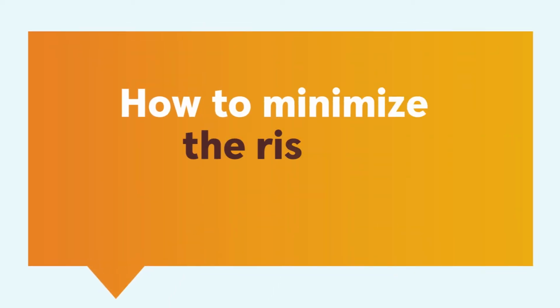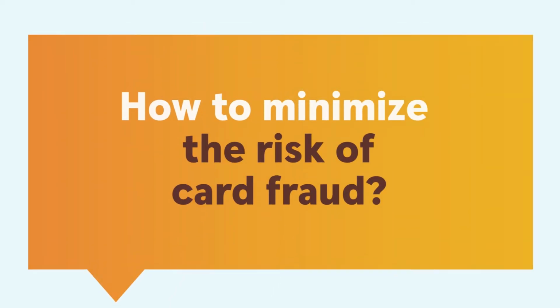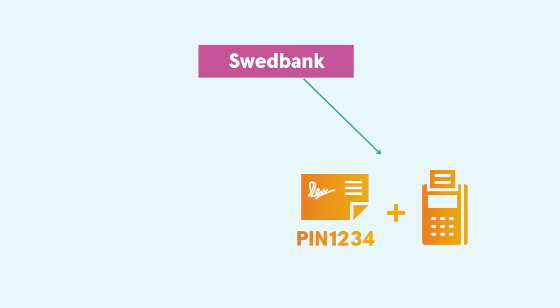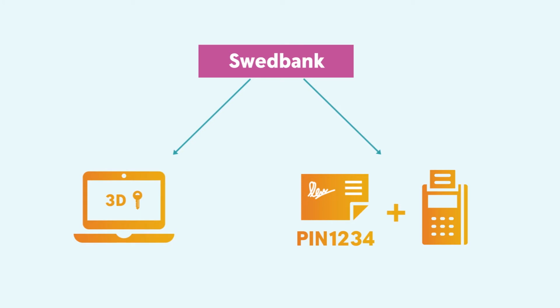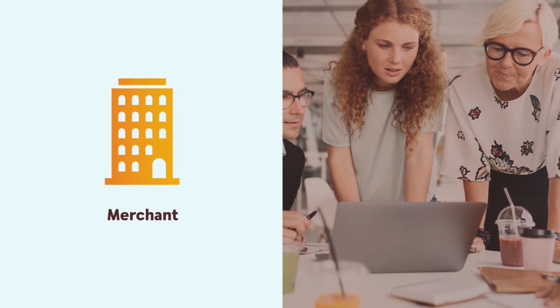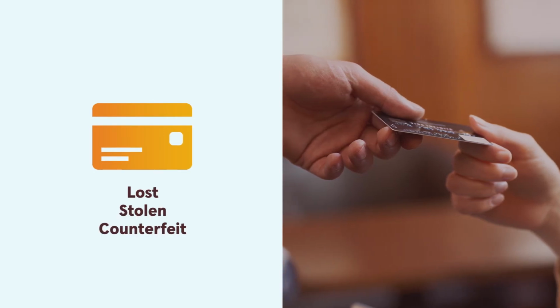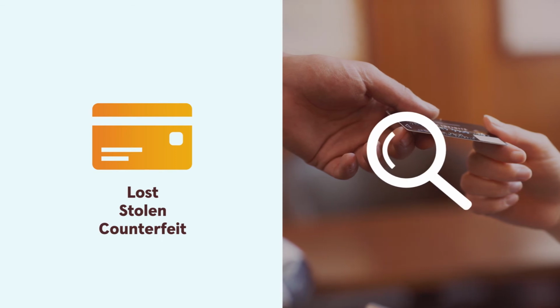How to minimize the risk of card fraud. There are several control mechanisms provided for both physical and internet payments. These include reading the chip or magnetic stripe during a card-present transaction, requiring the PIN to be entered or the receipt to be signed, and identifying the customer on online sites by 3D secure check. However, the main activities can be done by the merchant. Always be vigilant of possible fraud with lost, stolen, or counterfeited cards, or stolen card data, by monitoring for unusual behavior by your customer.